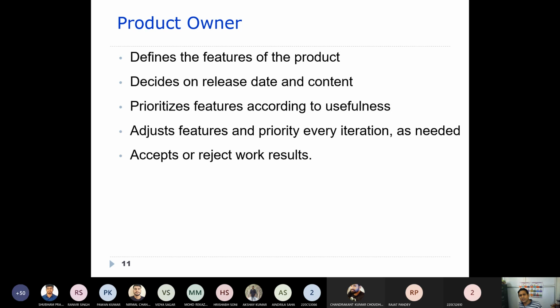And because he represents the customer view, he can accept or reject the result that comes from each sprint. If the sprint is not meeting the requirement of the user, the product owner can reject, because he's representing the customer view.